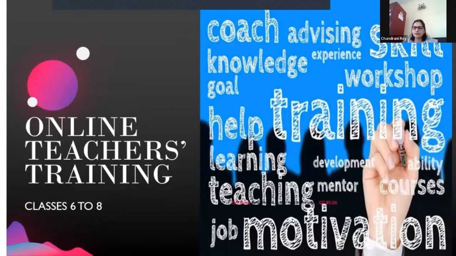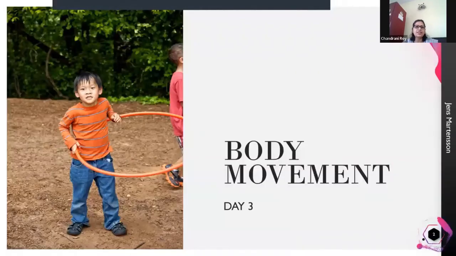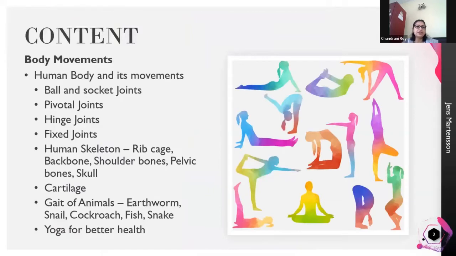So today we'll be doing body movements, a very interesting chapter for children, where we have the contents. Here I have noted them down according to the NCERT textbook. Even if you are following a textbook of some other publication, they would be proceeding along similar lines. So we have the human body and its movements, the ball and socket joint, pivotal joint, hinge joint, and